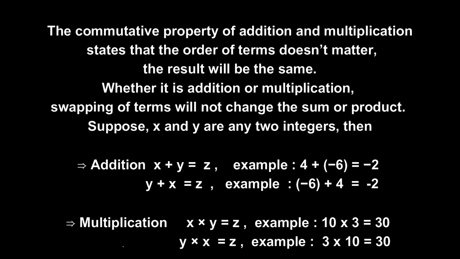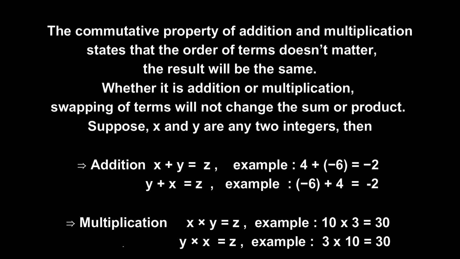So when we have two different signs, plus and minus, we have to do subtraction, as I have explained in the rules of adding and subtracting integers. So 4 is positive, 6 is negative, plus minus is minus. So we have to do the subtraction. 6 minus 4 is 2, and 2 has a negative value, because 6 is a bigger number. So always keep in mind that you have to put the sign of the bigger number.